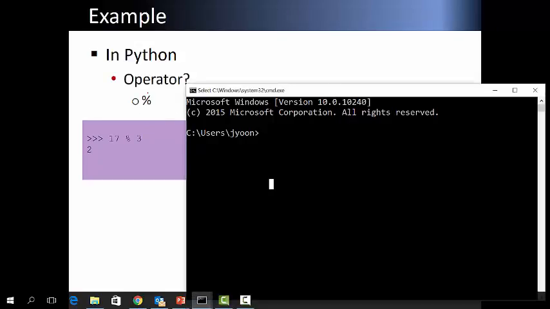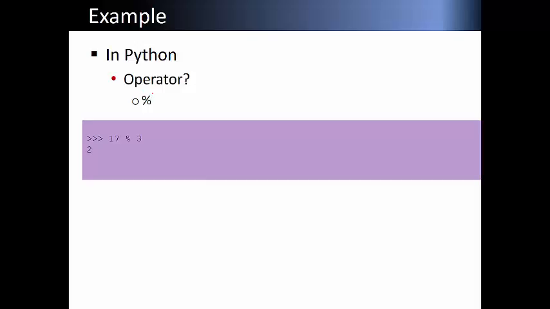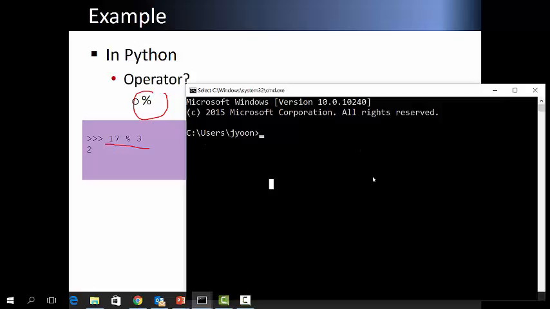All right, so let's try this modular. Like this, 17 percent modular 3 in Python, then it returns 2. Okay, so we need to call Python.